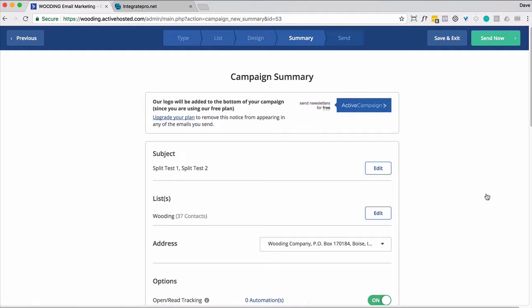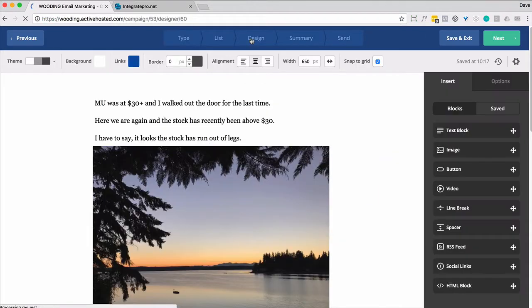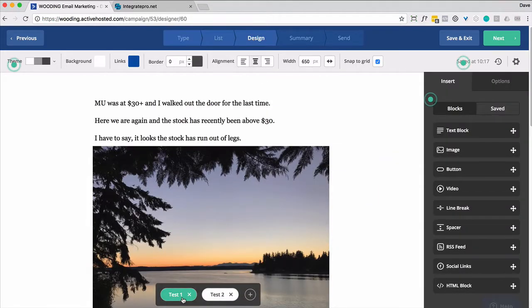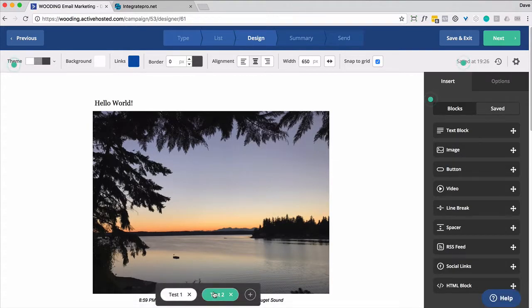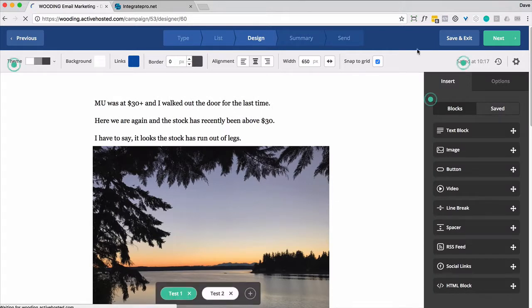Now this capability is nice. They make it easy to do this. I've got two different versions of this. So when I selected type, I chose split test, and let's go take a look at the design. Right here you can see test 1, test 2. You can have another test, and I forget how many you can have up to, but basically you create 2 emails that you're going to send out and/or 2 subjects. So right here you can modify the subject line for each of those, but basically you can do that, and then at the end